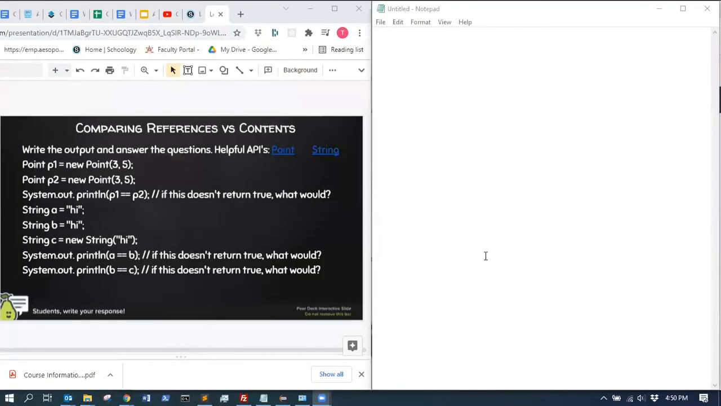Hello, this is Mr. McLeod, and this is going to be a little demo covering references, object counting, and strings and string literals. So we're going to start here with how you compare references versus contents. In other words,